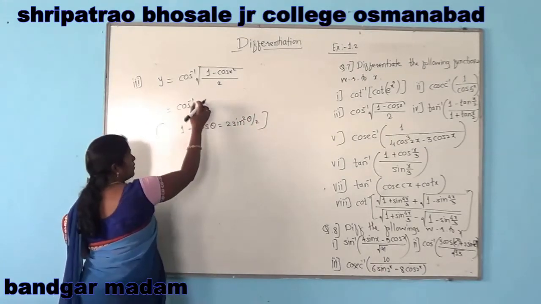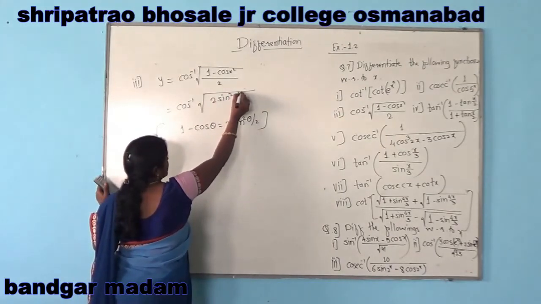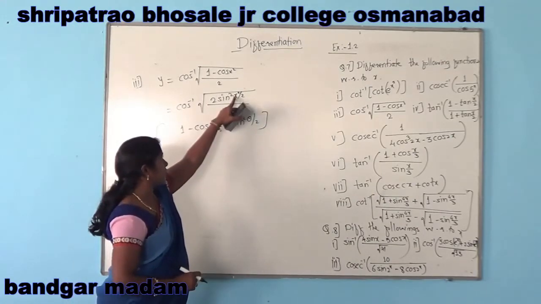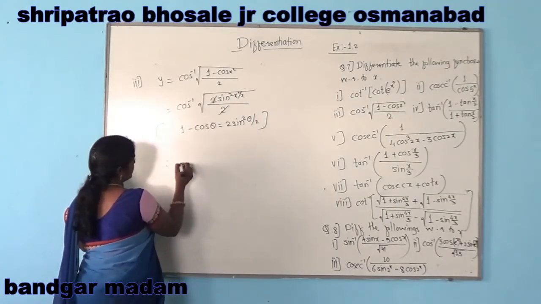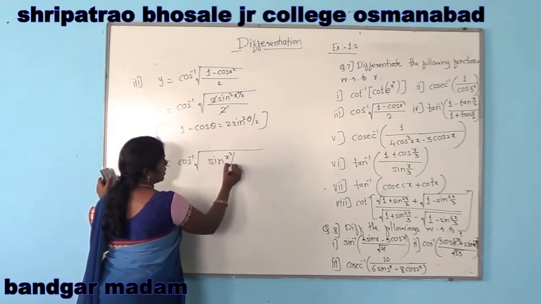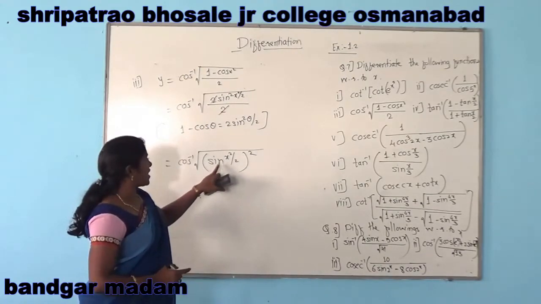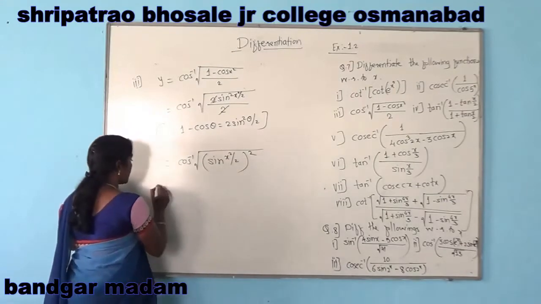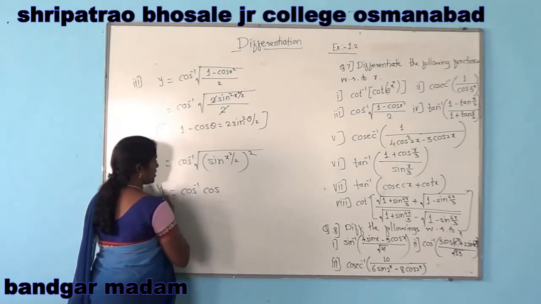So using this formula over here, we get under root of 2 sin square x square by 2. Here theta is x square, so taking theta by 2, we get x square by 2. And the denominator is 2 here, so we can cancel 2. This is cos inverse of under root of sin x square by 2 bracket square. Sin square x square by 2, we can write as sin x square by 2 bracket square. Now this square and square root both cancel and we get y is equal to cos inverse of sin of x square by 2.